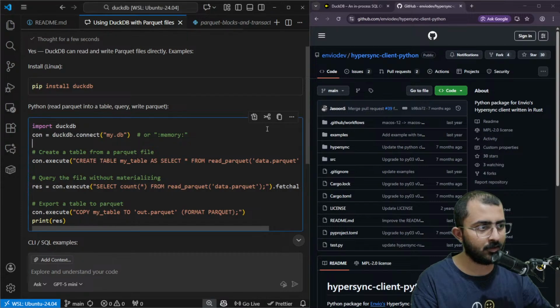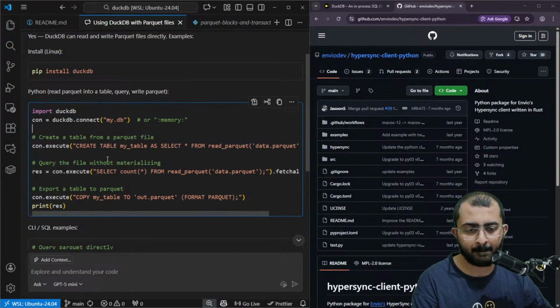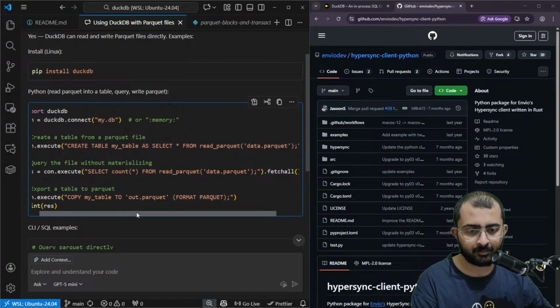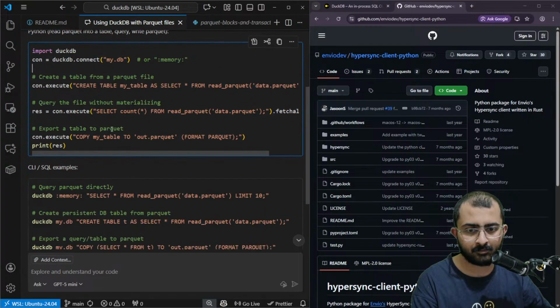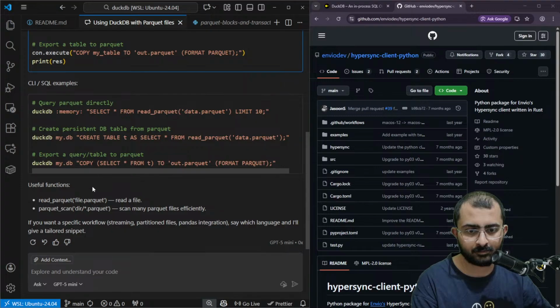DuckDB. Create table. Okay, then what we'll do is